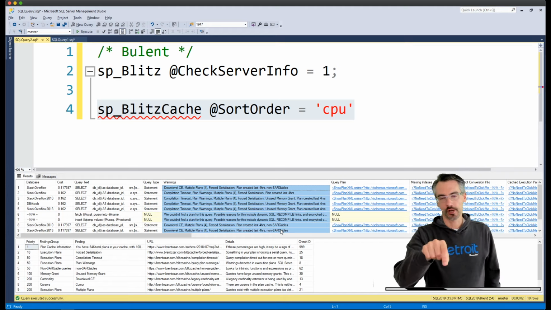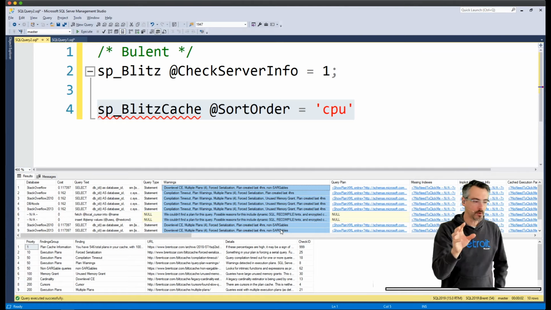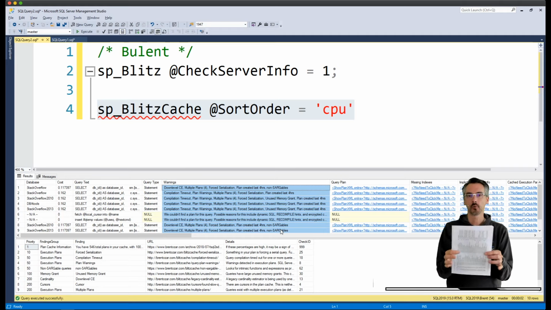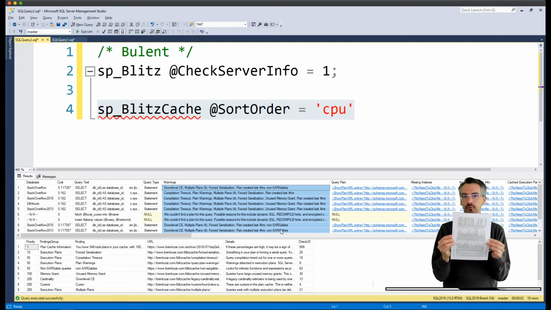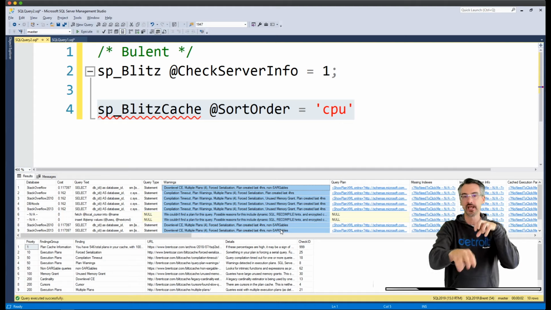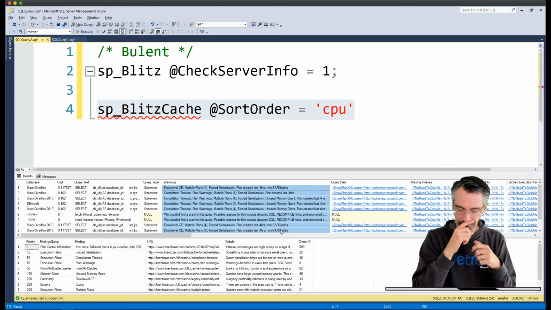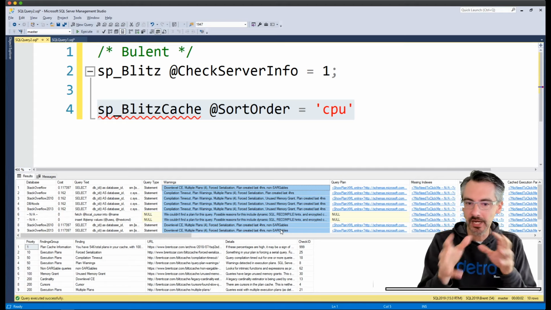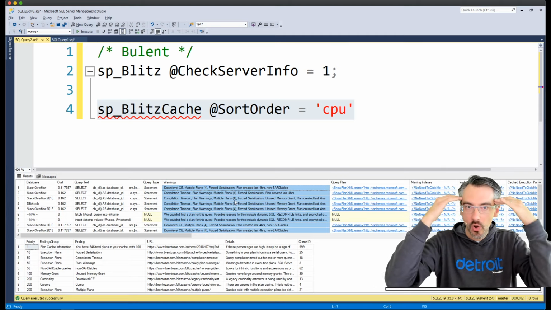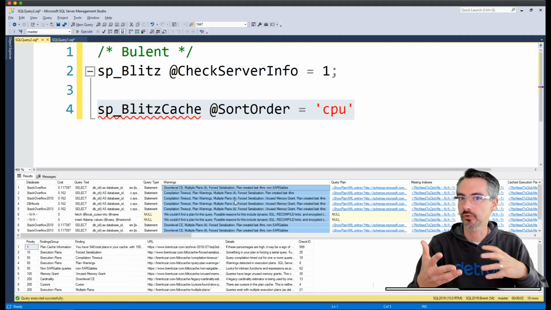What you're going to see in the warnings, and every time you watch a query tuning video anywhere, almost all of us, when we tune queries, we're focused on reducing logical reads. We're focused on reading fewer 8K pages, but that's not the kind of tuning that you need to do. The kind of tuning that you're going to want to do is around how do I reduce the CPU work involved in a query. It's not very intuitive to measure that. When I look at warnings, it's hard to know off the top of your head which warnings are related to CPU and which ones are related to reads.